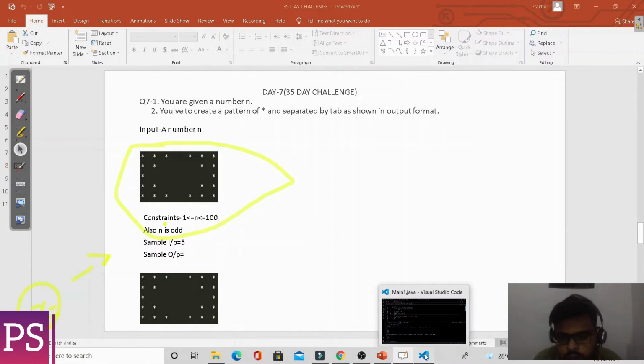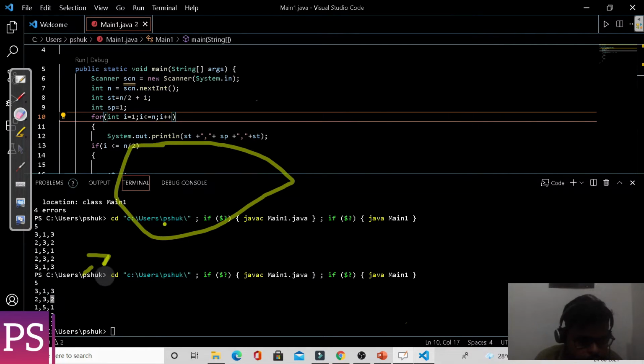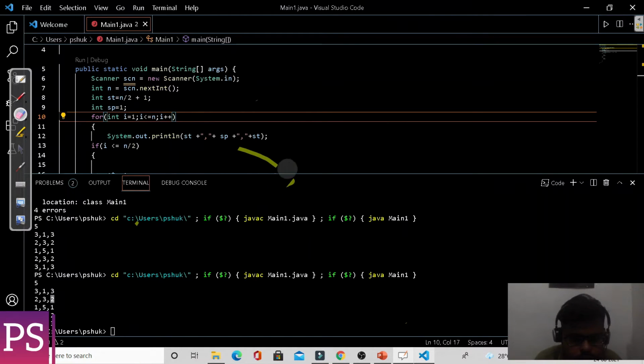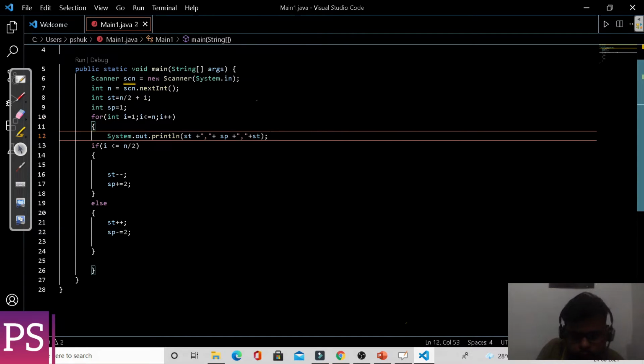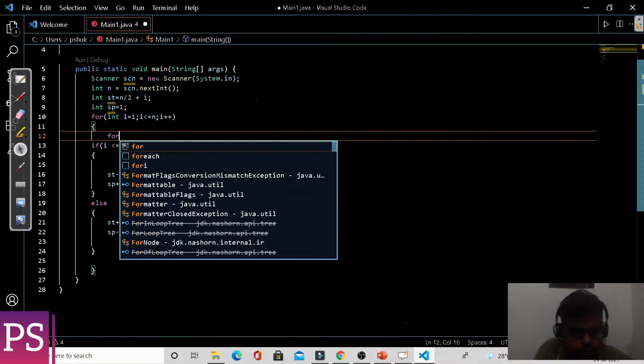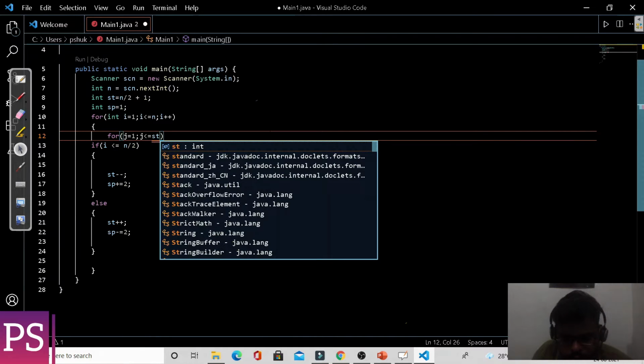So now we have to use loops in it. Firstly, I will remove this, then we will use loops. Our first loop will be for j equal to 1, j less than or equal to st, j plus plus. We have to print star, space, then star.